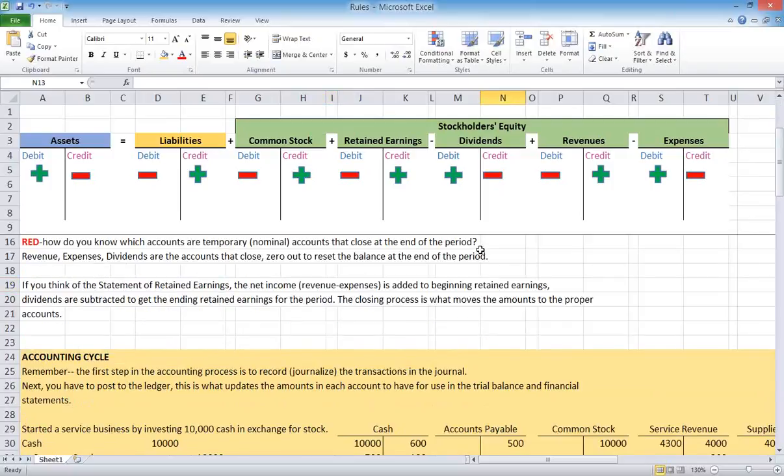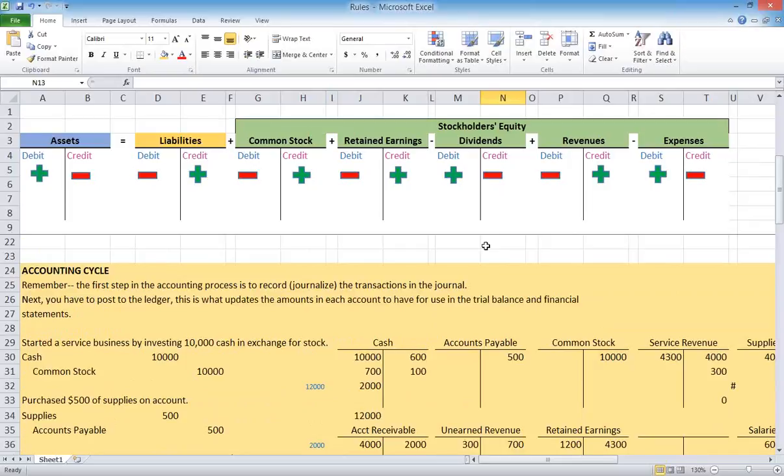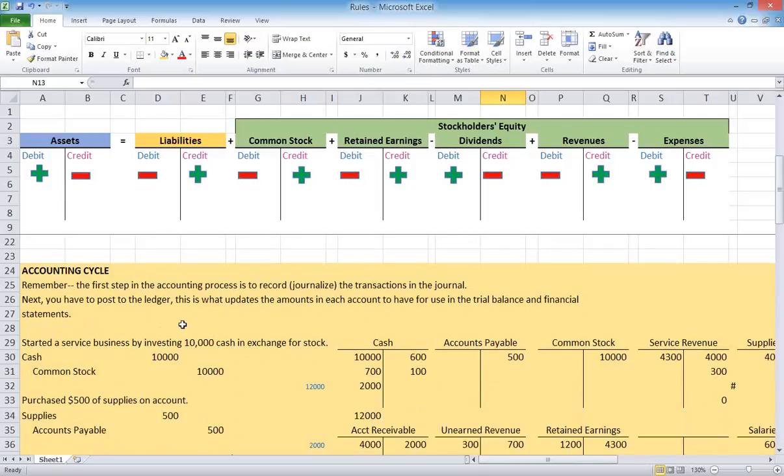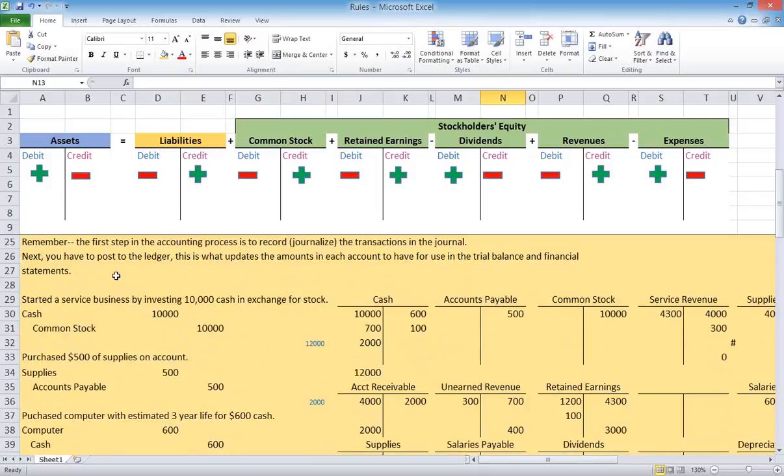I have some other information here from other items as well, but one thing to think about is that the net income, the revenue minus expenses, is added to the beginning retained earnings, then we subtract our dividends to get the ending retained earnings for the period. We will do this closing process in the next chapter. Again, the accounting cycle is you need to analyze your transactions,